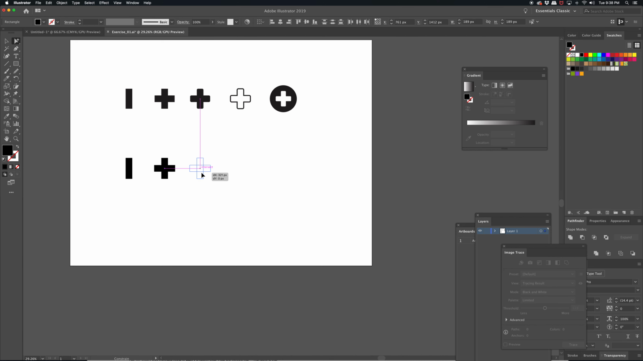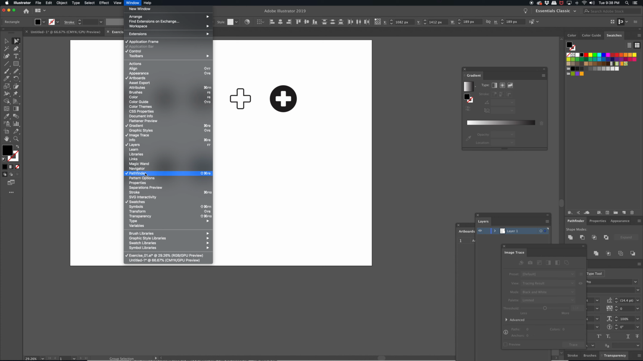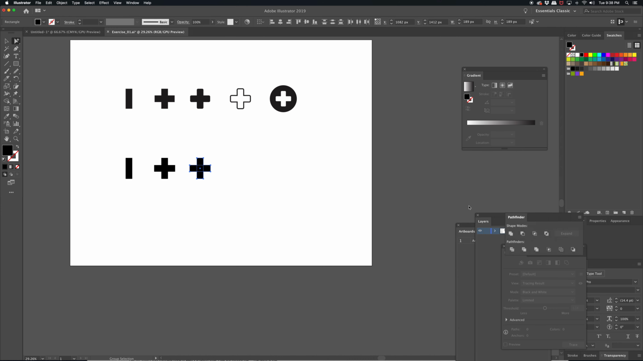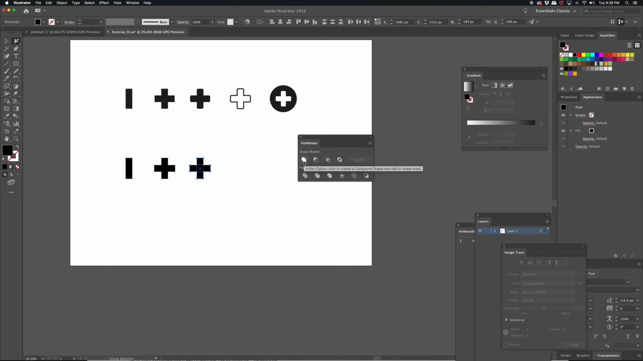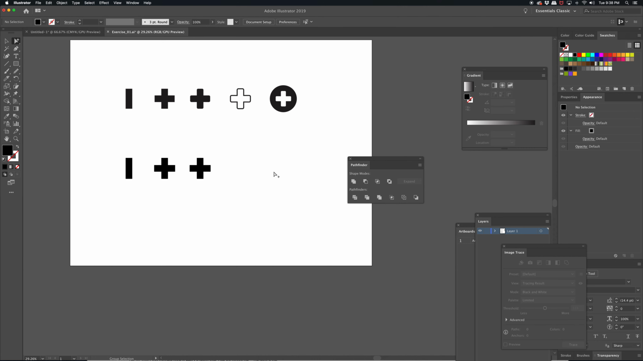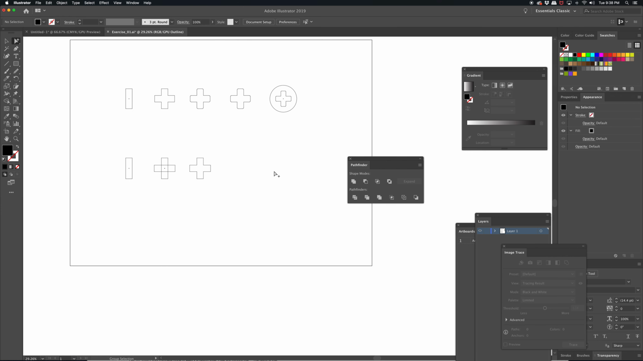Step 3. Window, Pathfinder. In the Pathfinder panel, we're going to choose the first of these icons, which is Unite. This becomes one shape. If we look at this in outline mode, which is Command Y or View Outline, you